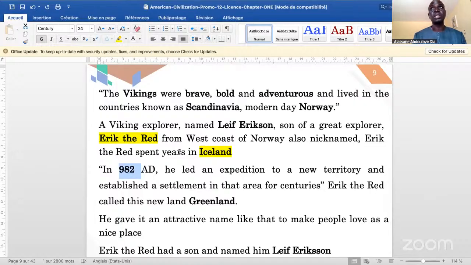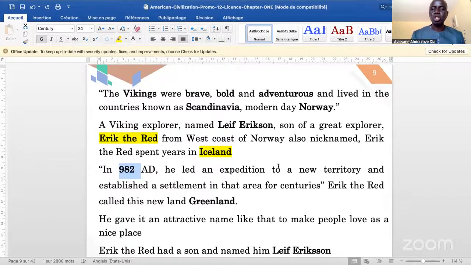Christopher Columbus came to America in the 15th century. And look what history books showed. There was a European navigator, a Viking called Erik the Red, who in 1982, Anno Domini, after Christ, led